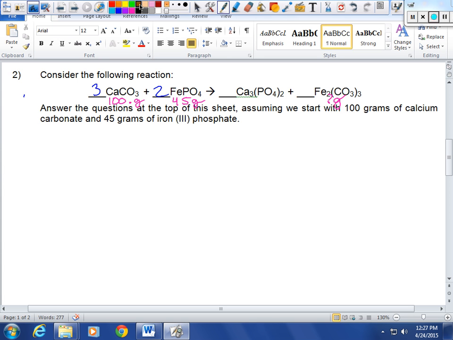So my first step is convert grams to moles. So I've got 100 grams of CaCO3. I think it's actually 100 on the dot for calcium carbonate. Thank you, sir. That's exactly what it is. 100.09. And guys, I'm leaving the compounds out just for making this go a little faster. And then 45 grams of